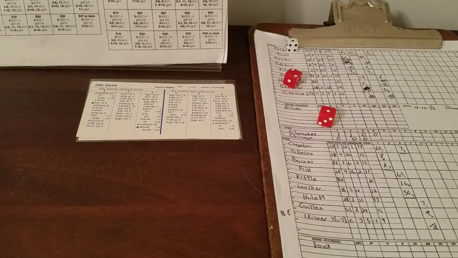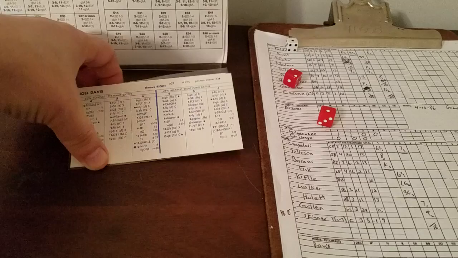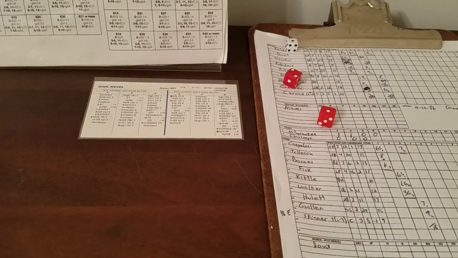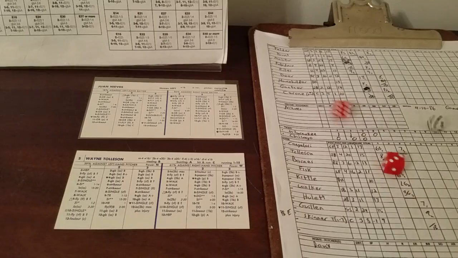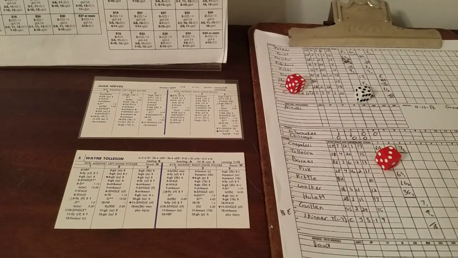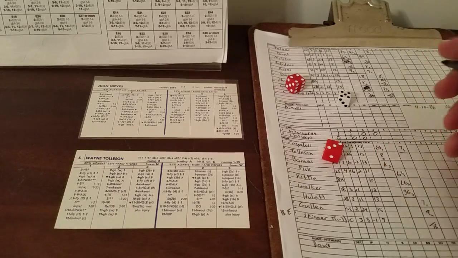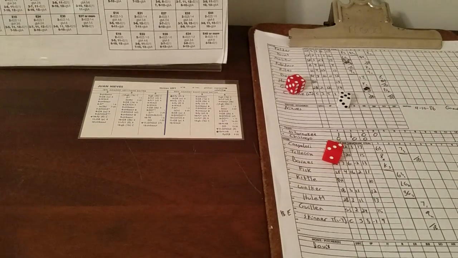We go to the bottom of the 4th. Still 2-0 in favor of Milwaukee. Nieves facing Wayne Tollison, third baseman rather. 5-7 for Nieves against a right-hander is a single to right field. That 5-7 roll was the same one Skinner got a base hit on, I believe. So the leadoff man is on,